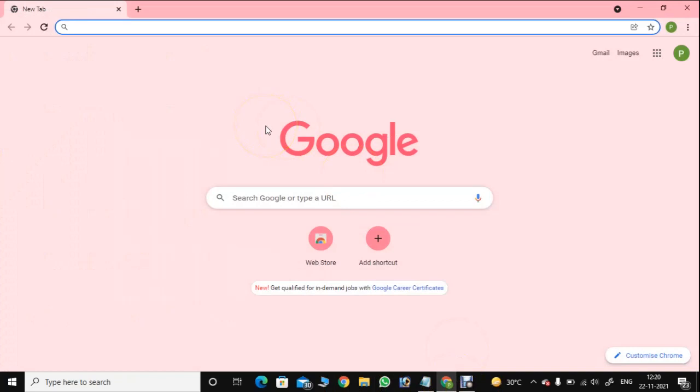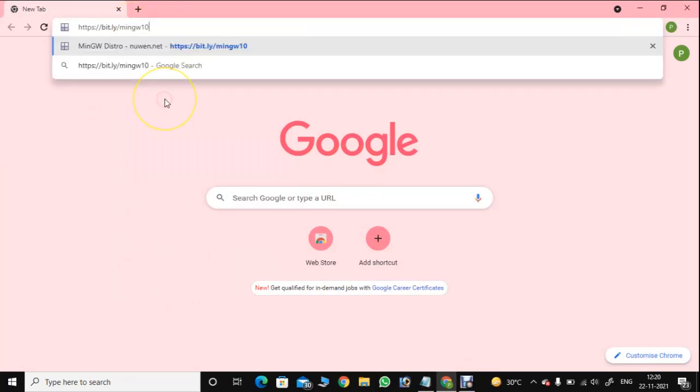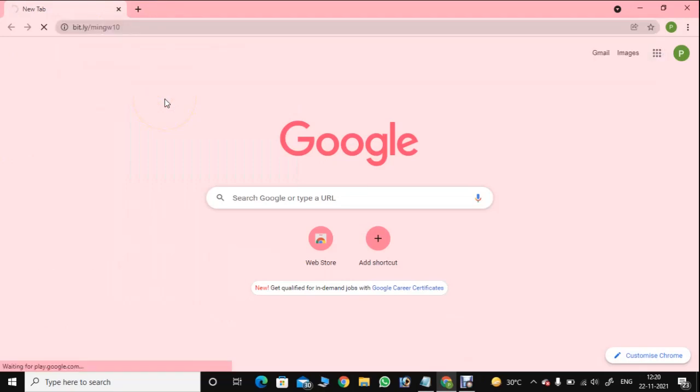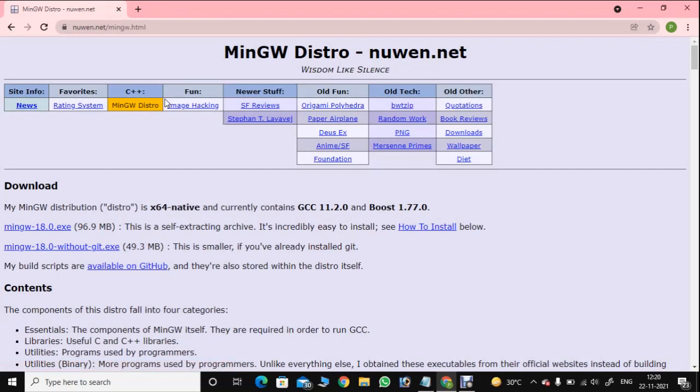Now let's paste the link in the search bar and press enter. So the page has opened and we need to download the 49.3 MB version because we don't need Git now. So let's start downloading.